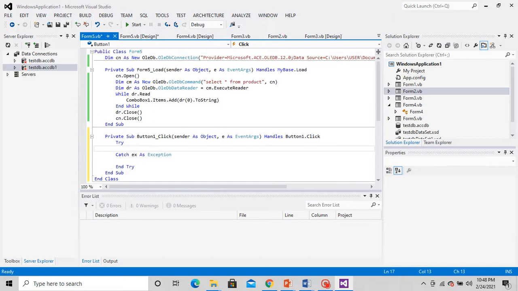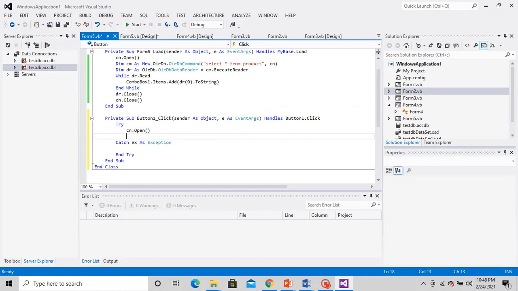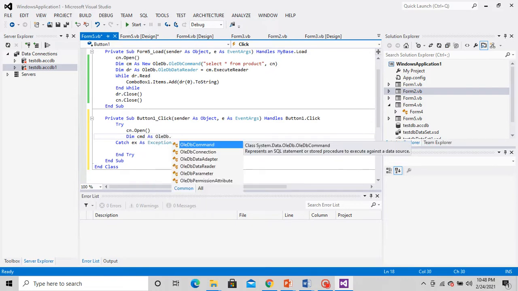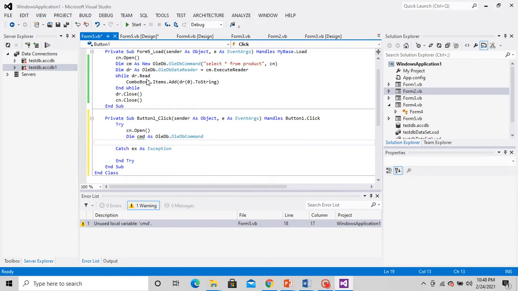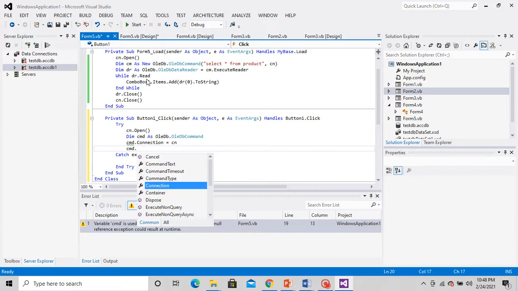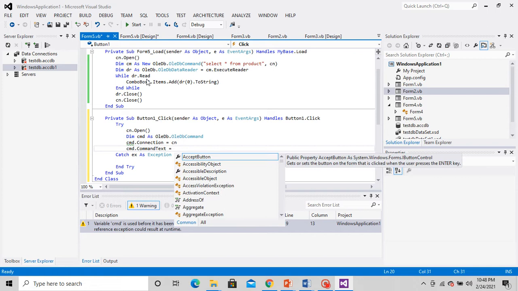I'm opening the connection the same way. If you think properly, students, there is a particular pattern which we are following for all the codes.